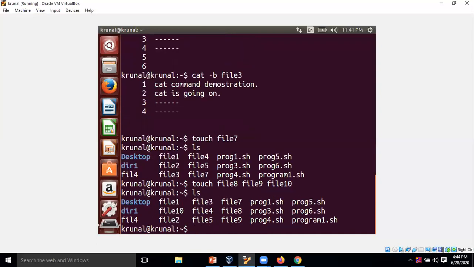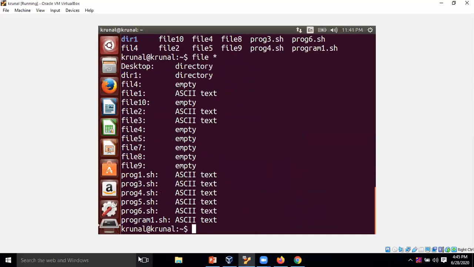If you see the content, these three empty files are created successfully with the help of the touch command. If you want to see how many files are empty and how many are non-empty, there is one command, file space asterisk. It shows the list.